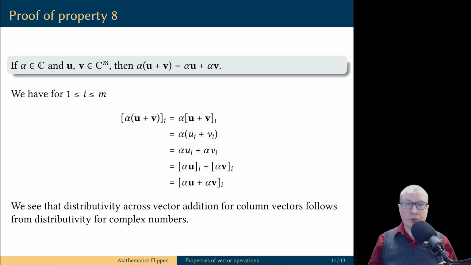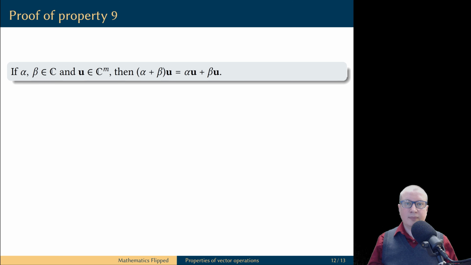Notice that the proof of this distributive property for vector operations was based on the distributive property of the corresponding operations for numbers. Let's prove that addition of scalars distributes over scalar multiplication into the addition of vectors. The ith component of the vector on the left-hand side is equal to alpha plus beta times the ith component of u. This is the definition of the operation of scalar multiplication. But now we have numbers, and we know that for numbers multiplication distributes over addition.